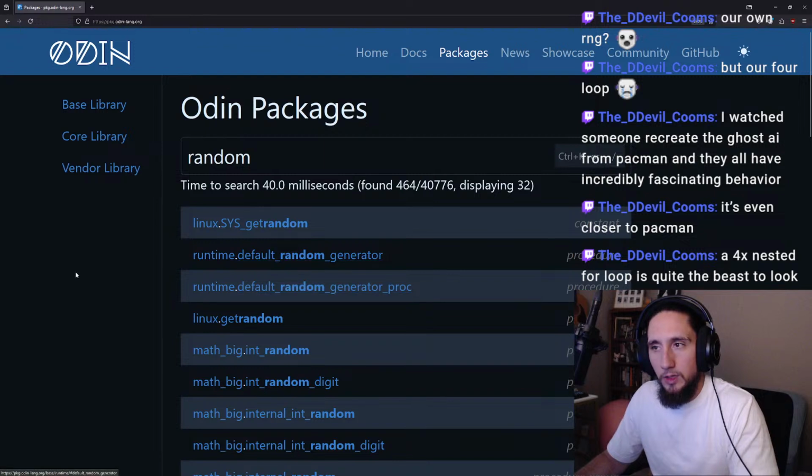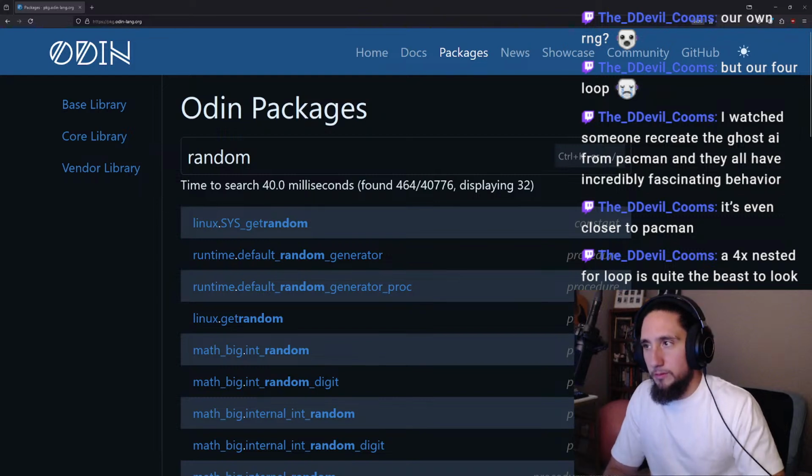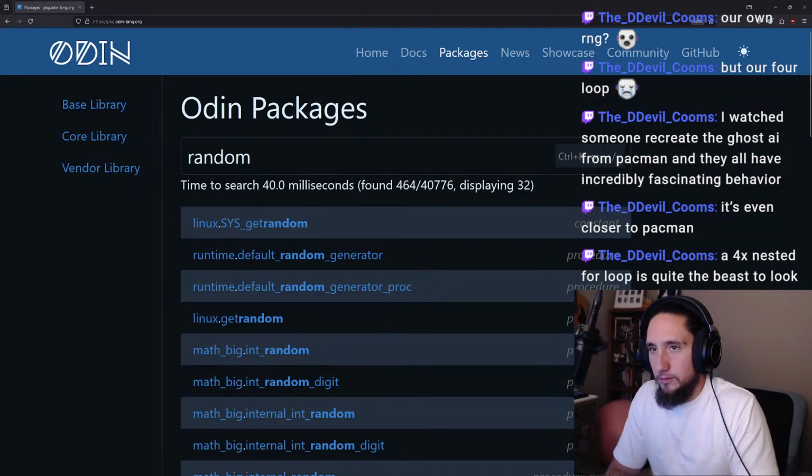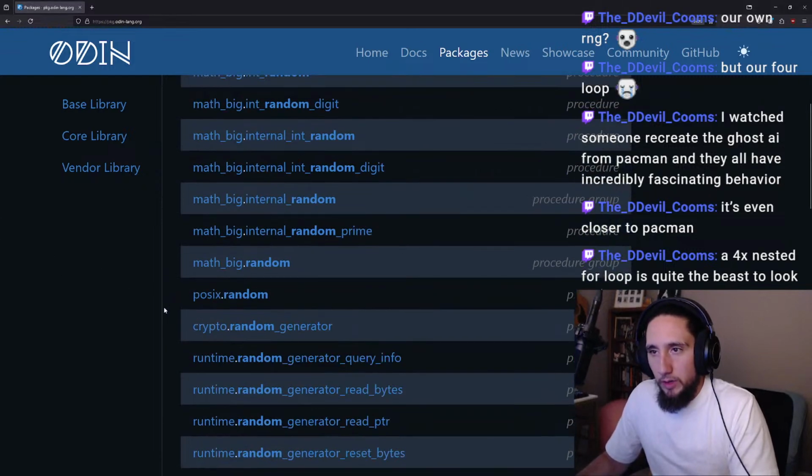Runtime, default, random generator. Oh, default. It's asking for some parameters that I don't want to think about providing. Other than, if I saw a seed here, then that would make sense, but